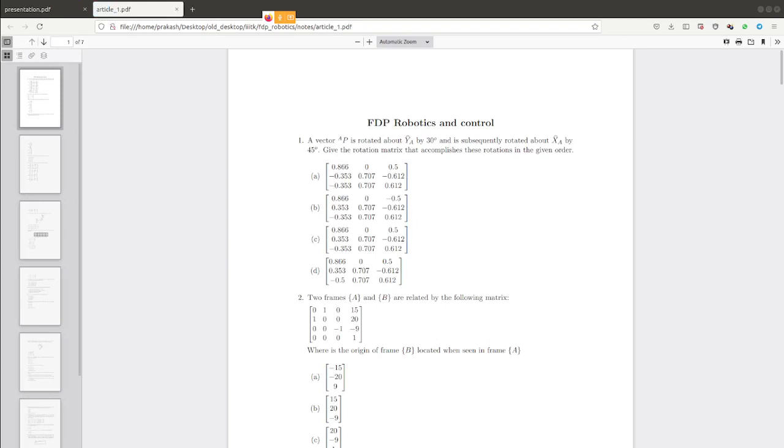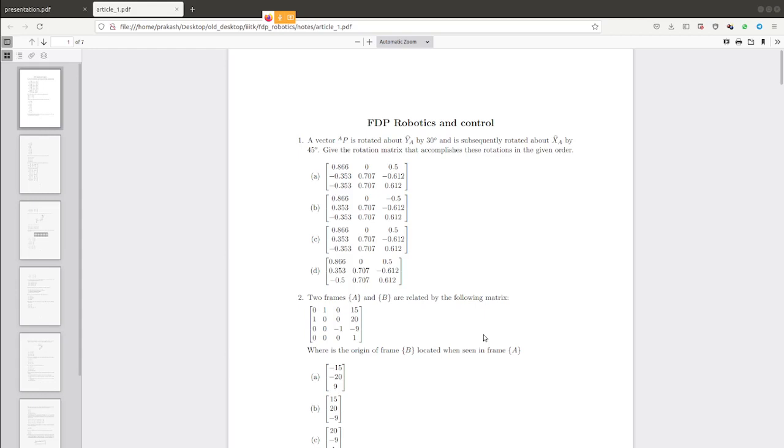Okay, which book one should refer for calculation part? For this problem, all we have to refer is John J. Craig. So that is the book based on which the problems, everything, has been chosen. So once again I will say John J. Craig. I have also shared that book in Google Classroom.